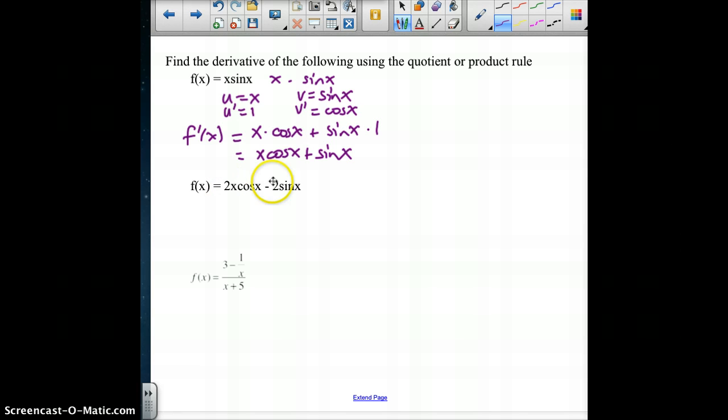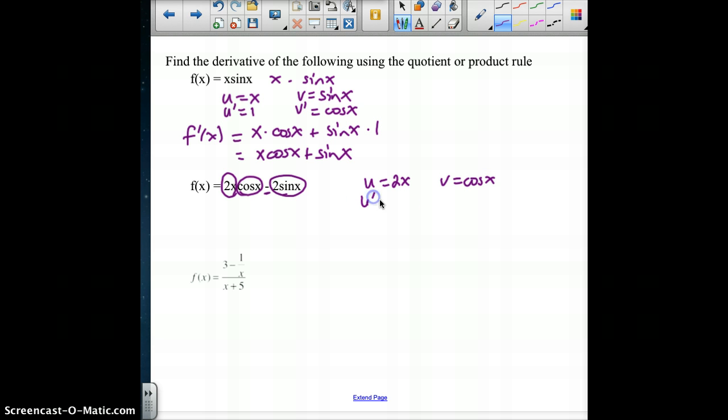Okay, here we've got a combination of things going on. Notice this part is a function with an x in it, and this part is a function with an x in it. So we've got a product. This, however, is not a product because we have a constant times a function. So we can do that all as one derivative. And then when we're done, we're going to subtract the two answers. So just setting up the product rule for the 2x times cosine x,